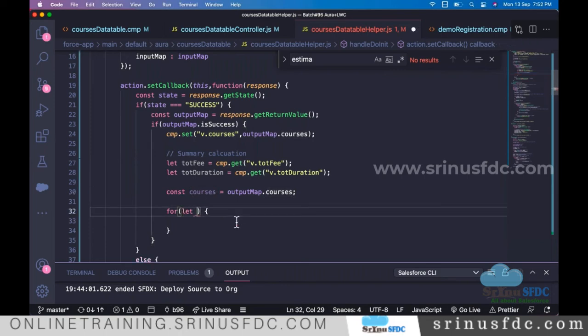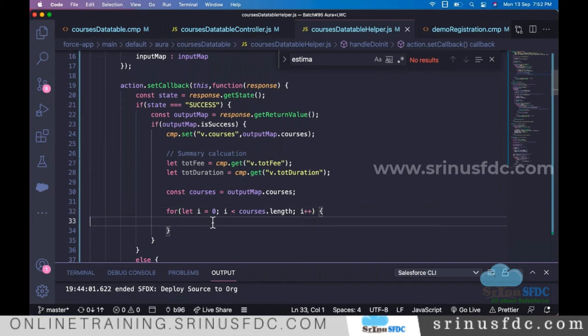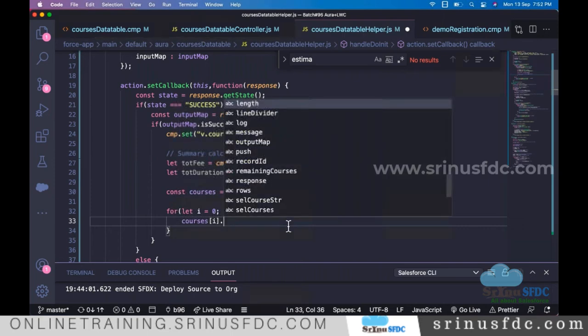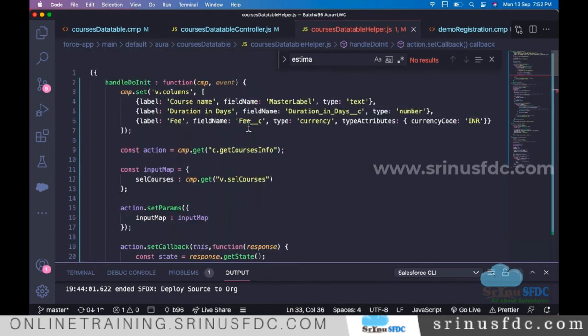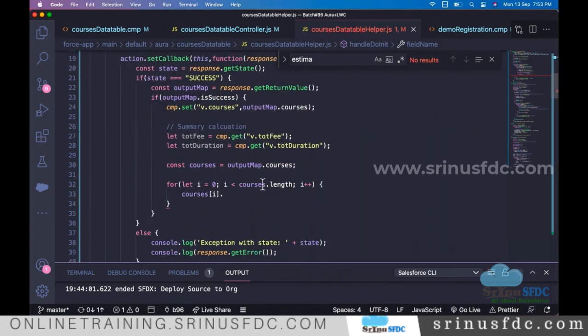Iterating over that, let i equal to 0, i less than courses.length, i plus plus, courses of i. So in that, the duration and fee will be in this variable. Duration will be in this variable. First we do duration, total duration